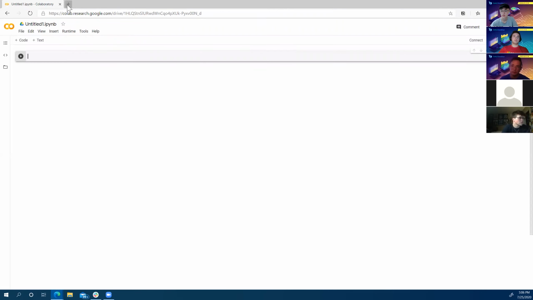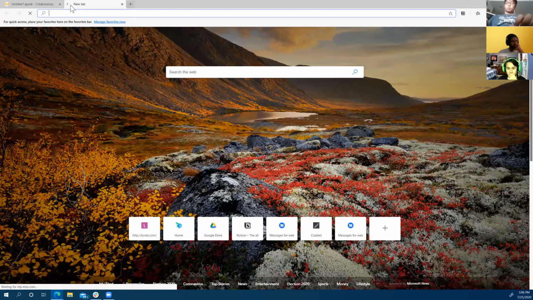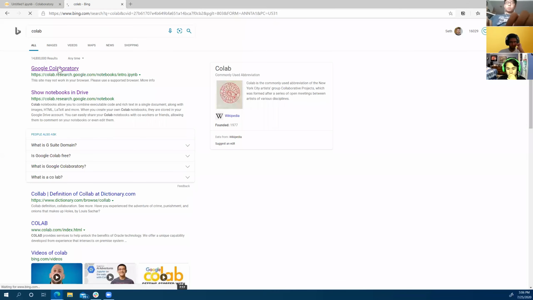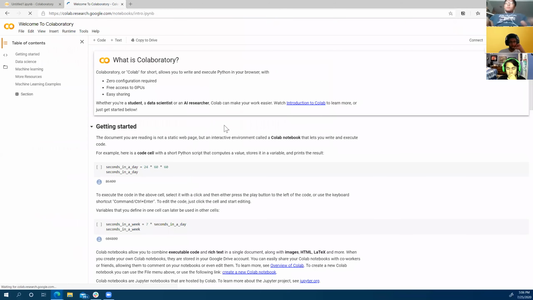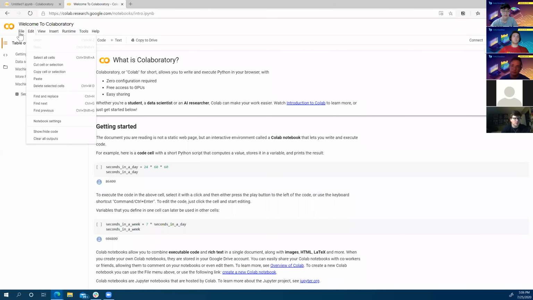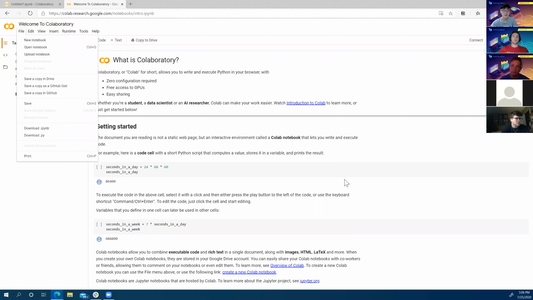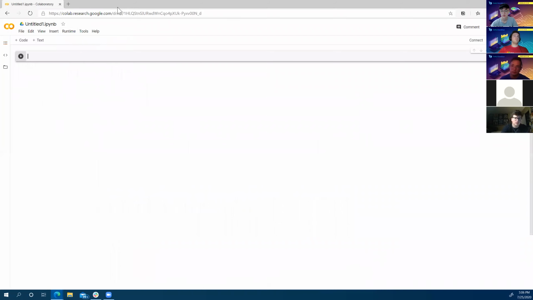So again, that was Colab. You Google for Colab, and then this link, which brings you to an option to create a new notebook. If you didn't see that dialog pop up for me initially, you can always go to File, New Notebook. Okay, cool. It's a playground, since we're just going to be doing a bunch of stuff, and we're going to learn a whole lot. And yeah, so this is Google Colab.